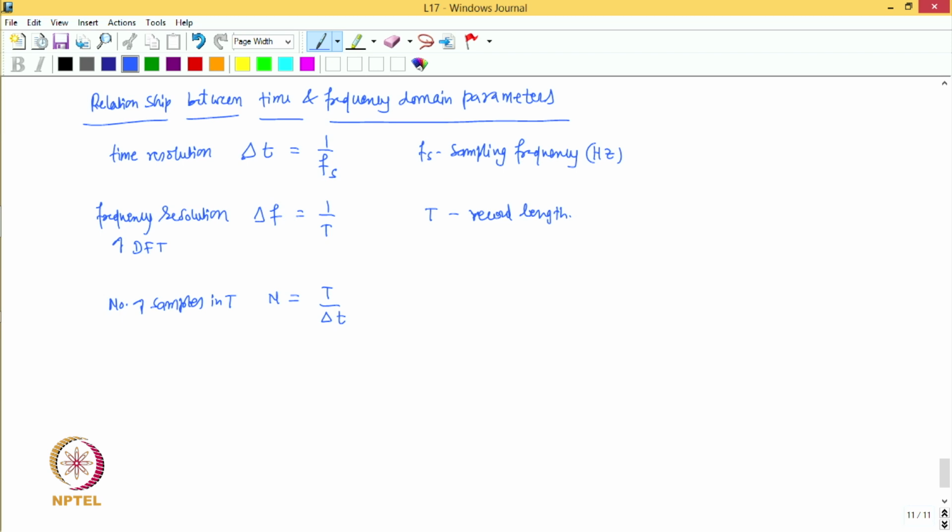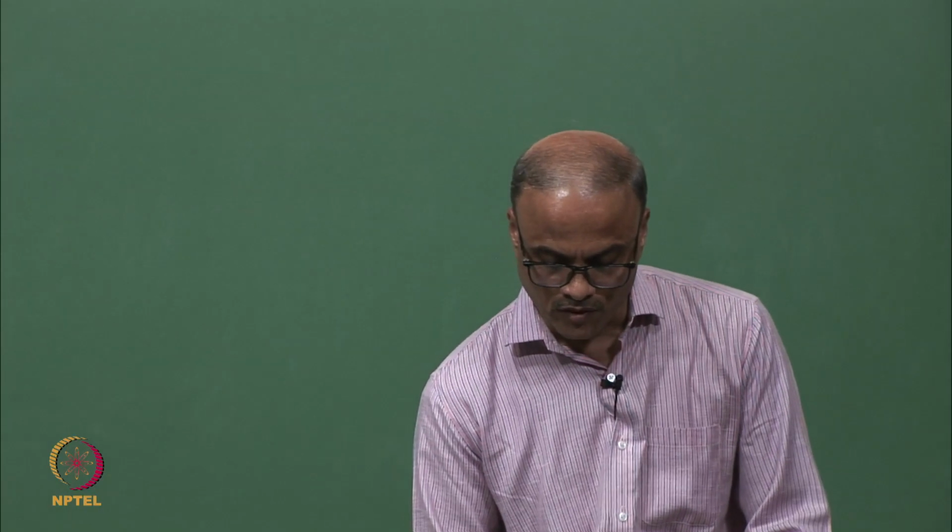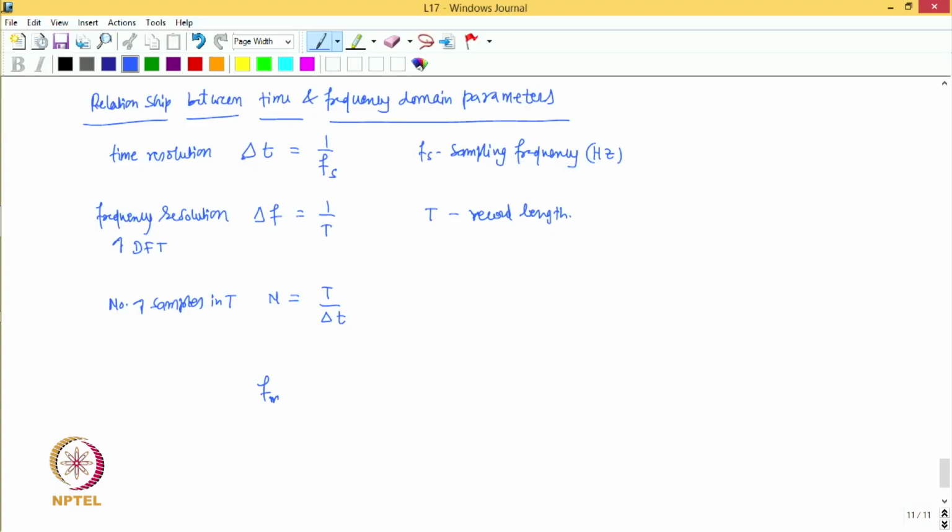Another parameter is the highest frequency component in the spectrum, and the highest frequency component in the spectrum basically defines the frequency range of measurement. So, if we represent it by say f max, that is the highest frequency component in the DFT,